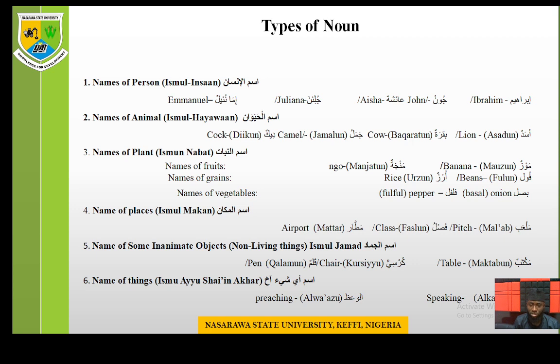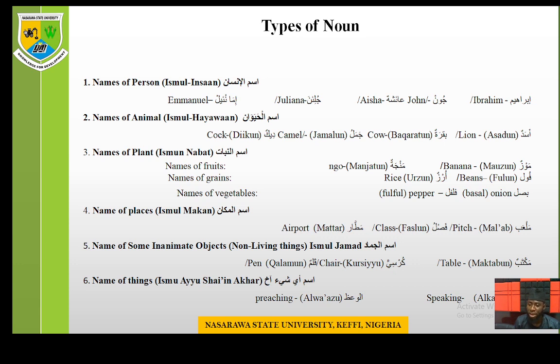So there's a mistake here. It's supposed to be mango, M-A-N-G-O, mango. And then under names of grains, we have fulun, which is beans. And then we have urzun, which is rice. And then we have basal under names of vegetables. Basal, which is onion. Onion, it is our basal. And then we have fulful,